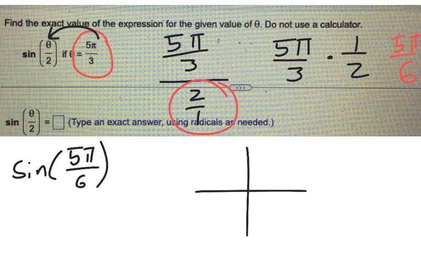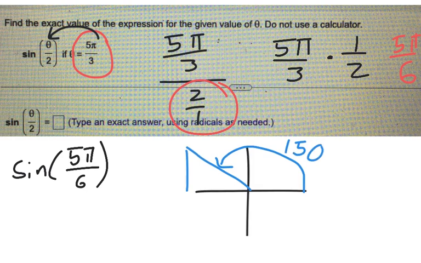So we should know that 5 pi over 6 in degrees is the same as 150 degrees. So if I rotated 150 degrees, that's going to put me in the second quadrant. That's a 150 degree rotation, which means my reference angle, the angle of the triangle right here, would have to be 30 degrees because that gets me the full 180 to make half a circle. So my reference angle here is 30,